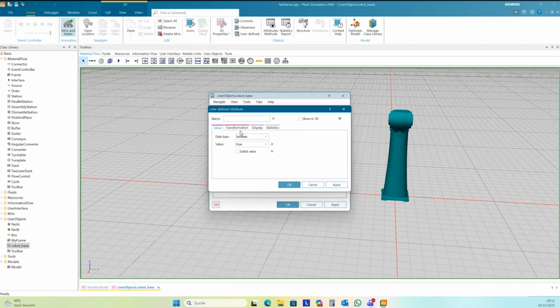Then I want to have two controls, one control for arm left and one control for arm right, as method.